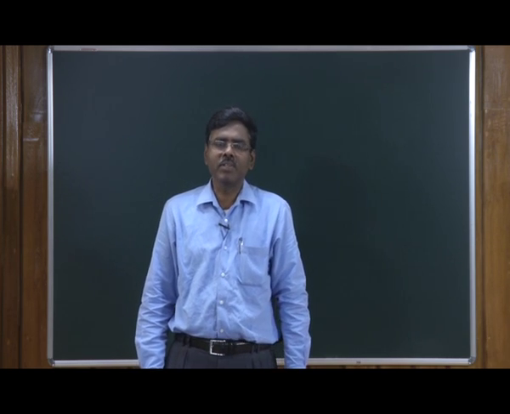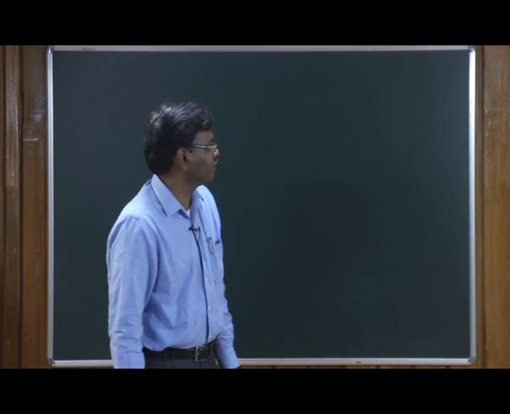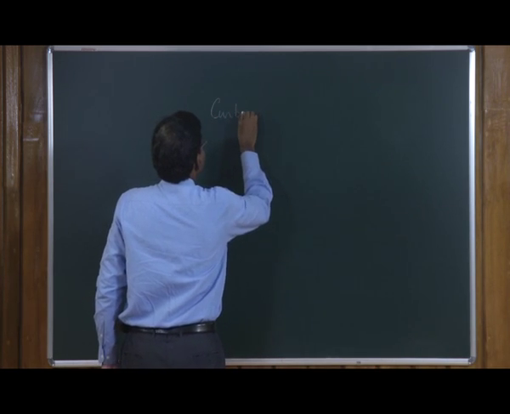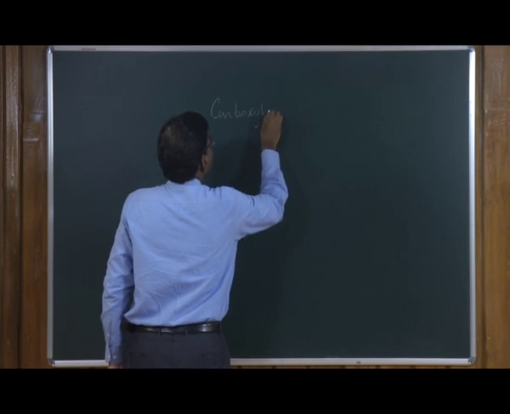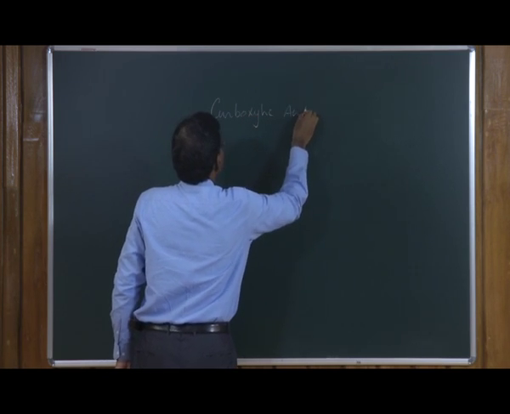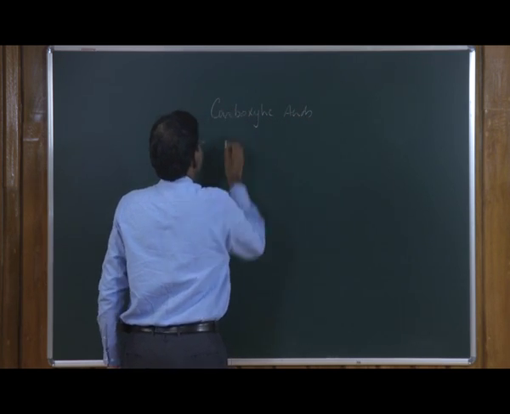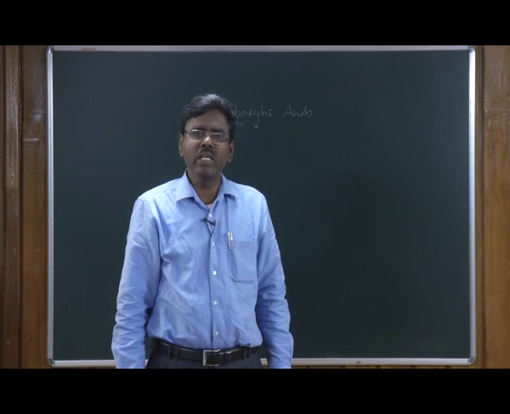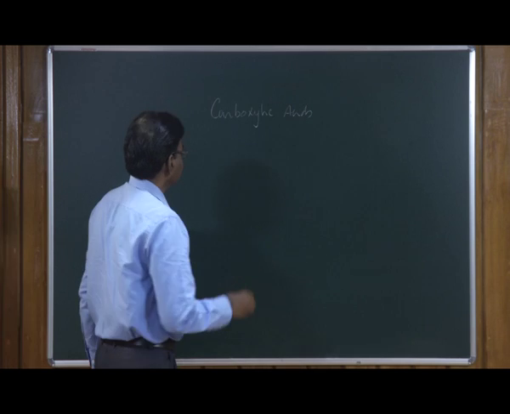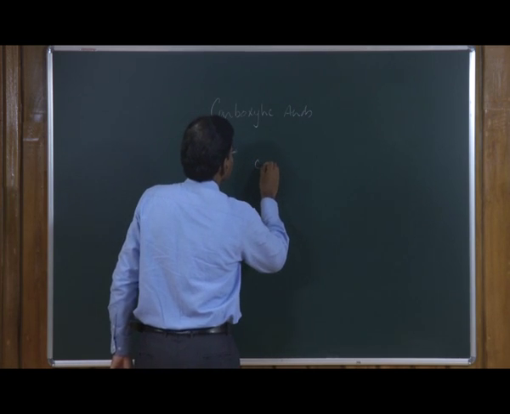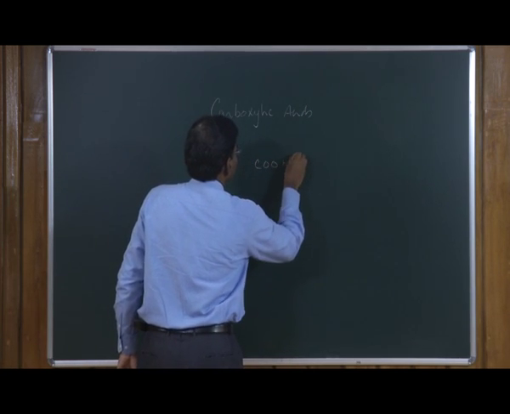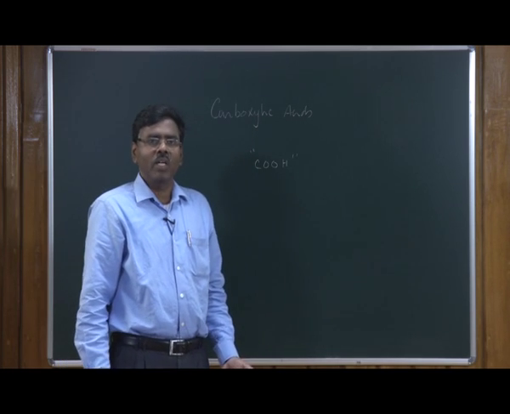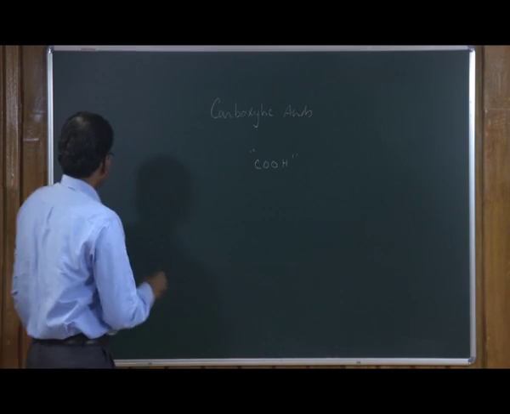In this class, we will study about carboxylic acids. Carboxylic acids are organic compounds that contain the COOH functional group. They can be aliphatic and aromatic. Examples: